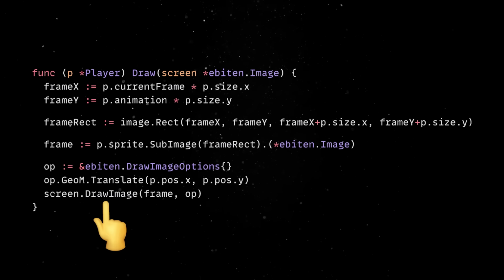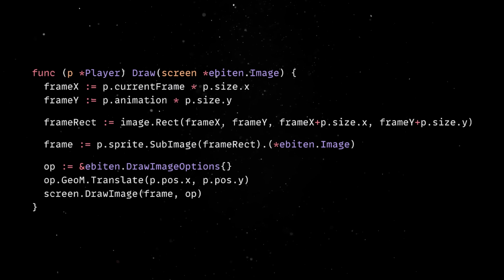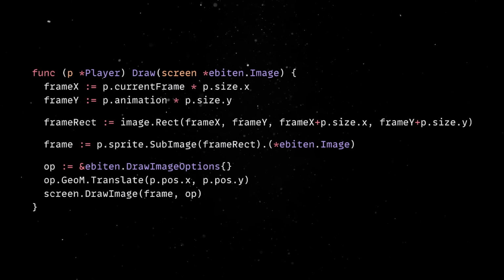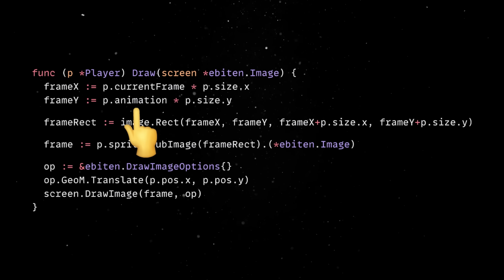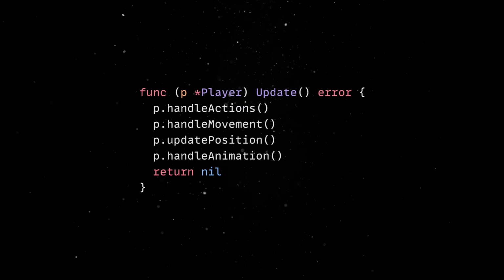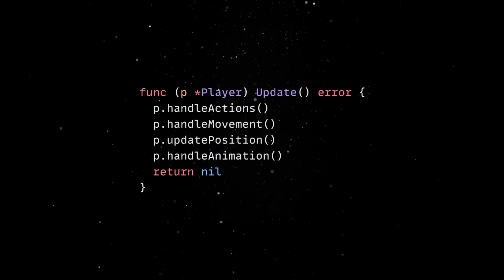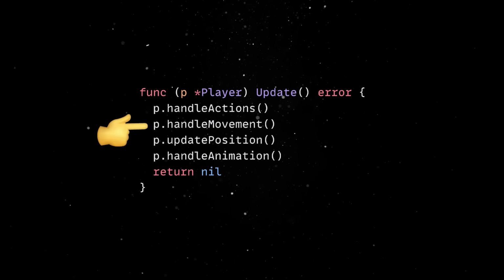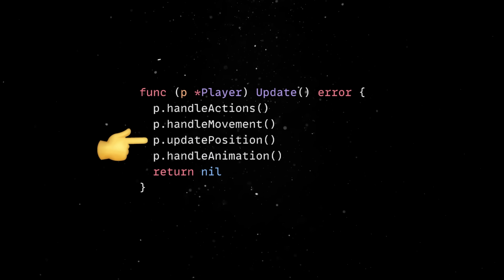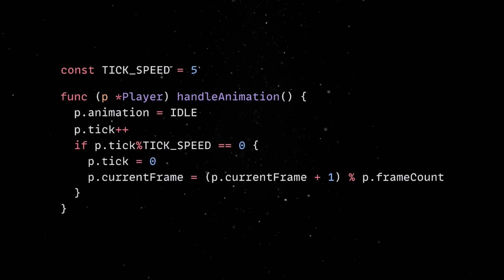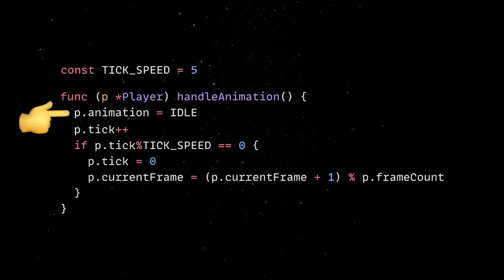Remember that the draw function is called for every frame, but it shouldn't modify internal state variables like the current frame or the current animation. We'll do these changes in the update method. This method tends to get big since it covers functionality like actions, movement or positioning, so we'll extract related logic in its own method. We'll define the animation as idle, which points to the first row in the sprite grid,